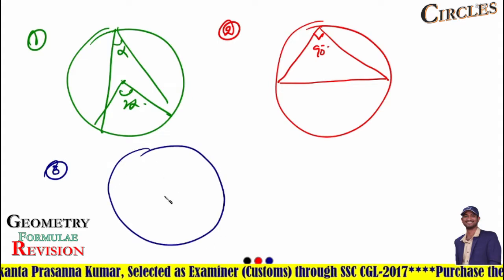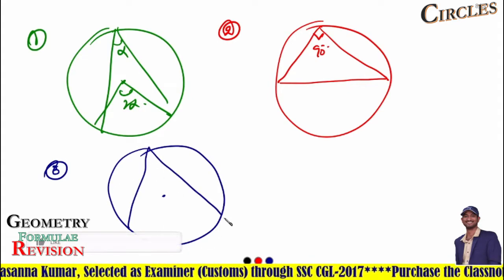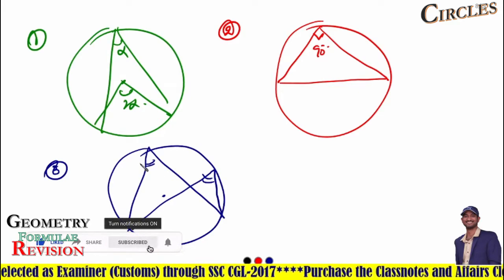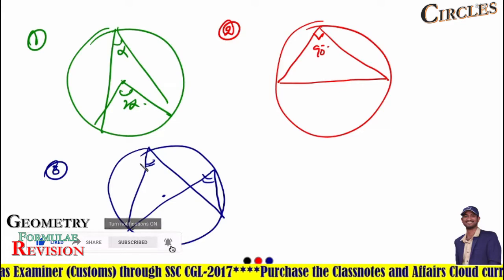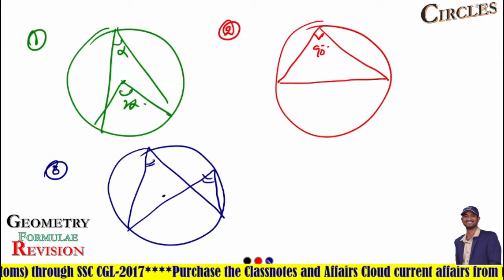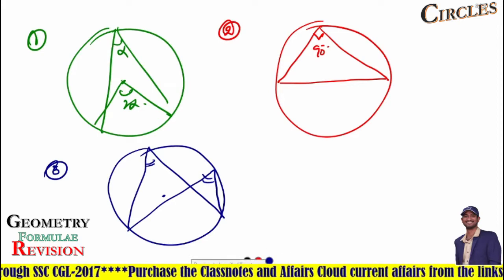Angles in the same segment of a circle are equal. This and this, both are equal. Okay, these are the three basic properties of circles. Next, an important model in circles is,